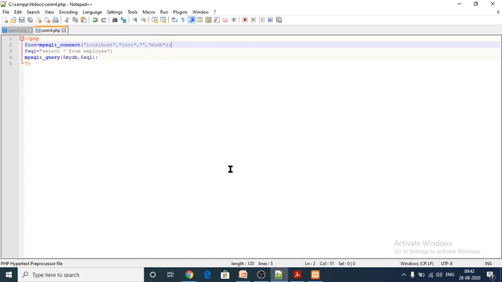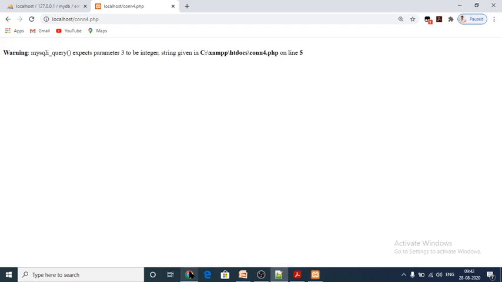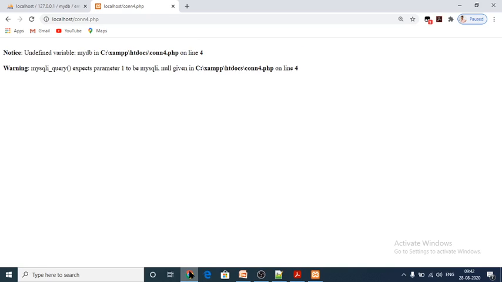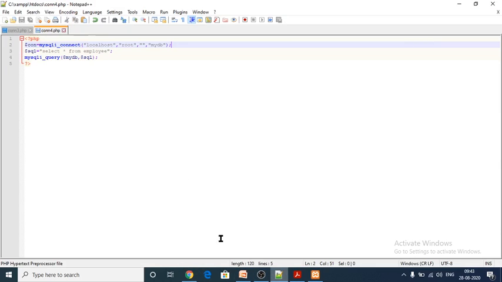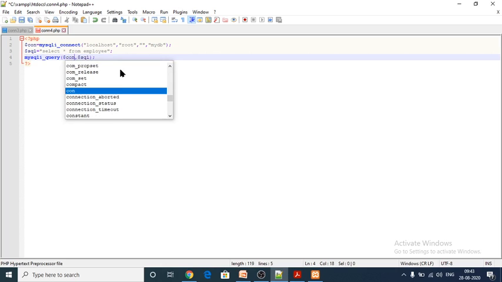Afterwards, here: MySQL query expects parameter 1 to be MySQL, null given. So again some mistake is there, that should be corrected here. See here, instead of giving mydb I have to give con.